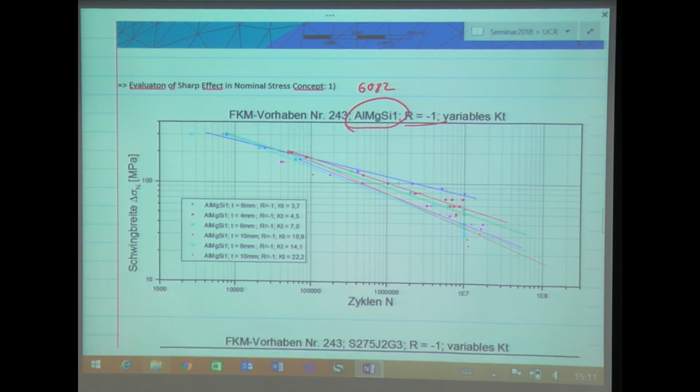As you can see here, for our KT of 3.7, we reach, for example, for 10^7 cycles, a value which is around